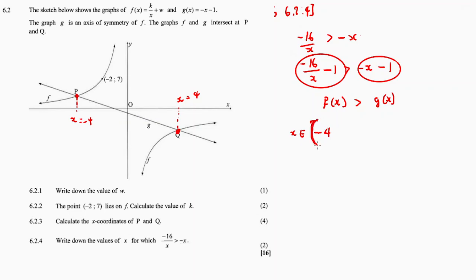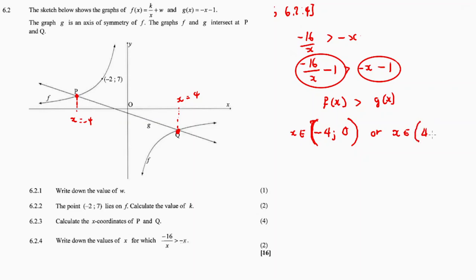So it's minus 4 excluded and then 0 excluded as well, right? So it's from minus 4 to 0. As you can see, the y-axis is where x equals 0. We want the x values for which this is true: from minus 4 to 0, this is true. Or again, where f is above, where is g? It is below. So we can also say whenever x is an element of